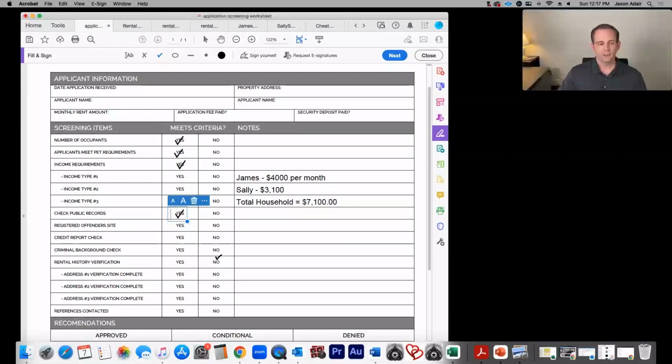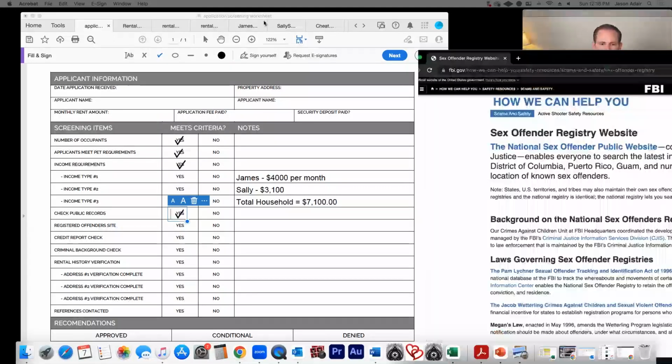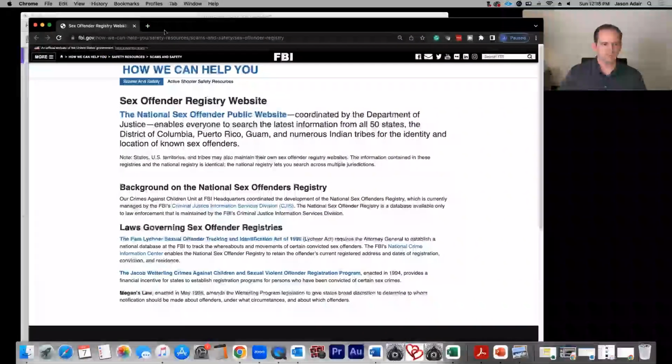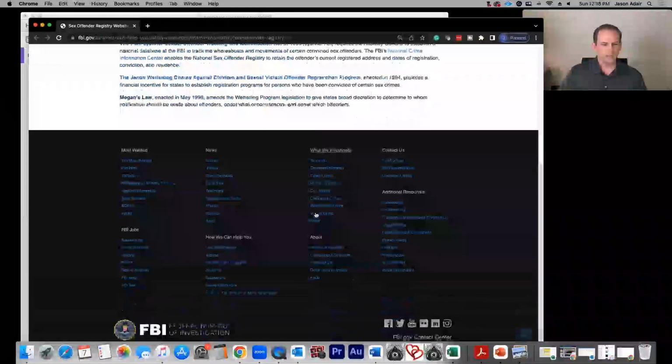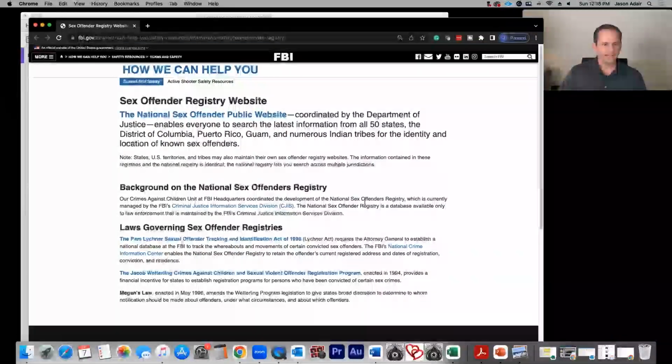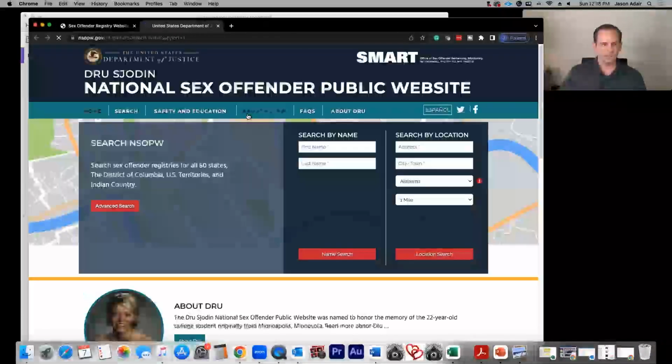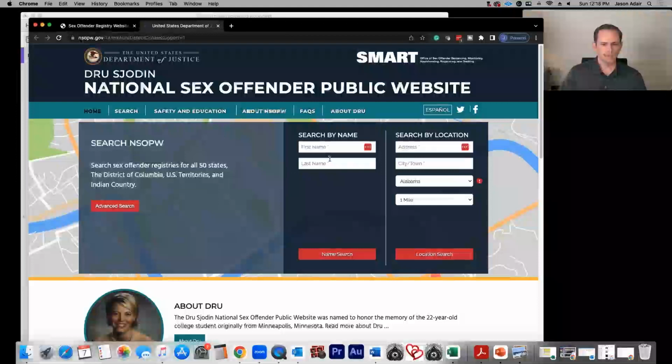Another one I do like to look at is the Registered Offenders site. I've actually had mixed results on screening checks for this particular search. Let's see here. You'll have links to these in the resource section, though not the Shawnee County Public Court, but this sex offenders website does. This is the FBI's National Sex Offender Public website. You can search by name. You can search by location. I don't have a name, but let's look at